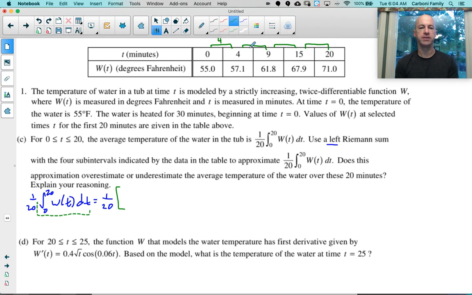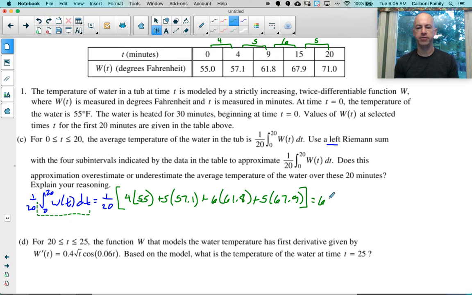And so we're going to have to treat this as 4 completely separate rectangles, which is kind of how they've been doing it recently for the last 10 to 12 years. So 1/20th of 4, that's the base of my first rectangle. The height is determined by the left side, so the height will be 55, and then 5 times 57.1, 6 from 9 to 15, and the height of 61.8, and then 5 and 67.9. And then this is a calculator problem, so I would punch this in the calculator,